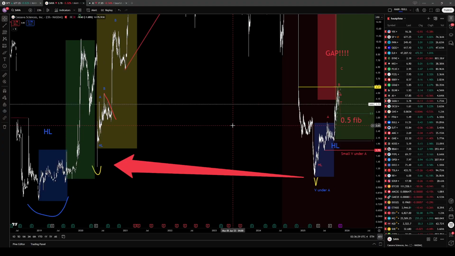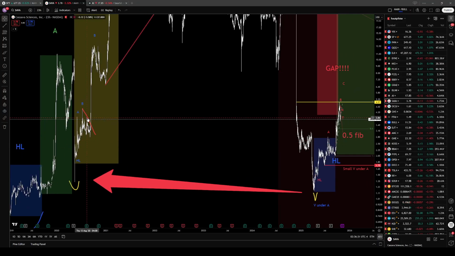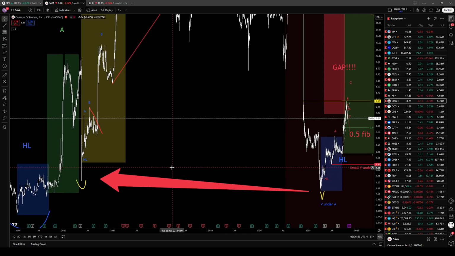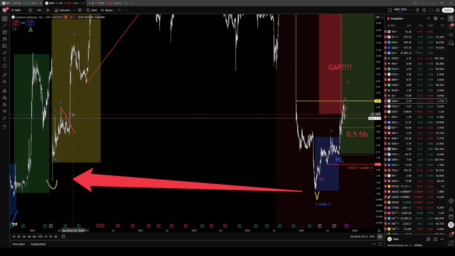But right now I'm still tending to that we are in this version, where you fall from your T, you do your V, here's your higher low, here you have your A peak, then you come up again, here would be your B peak, then you're starting the same downtrending channel,